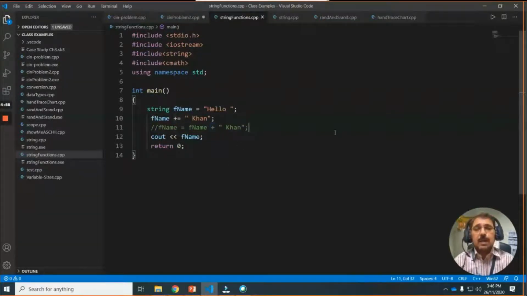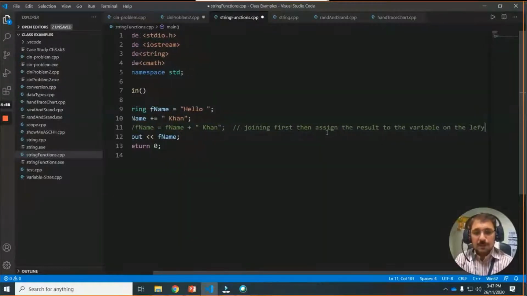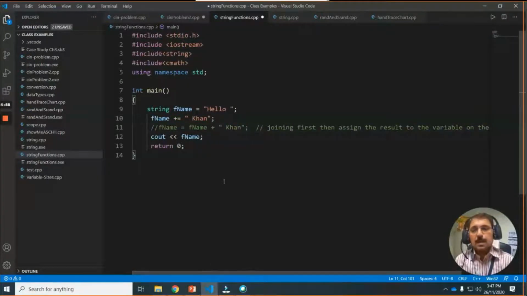These are both the same thing, and its functionality is joining first and then assigning the result to the variable on the left. Okay, its functionality is like this.